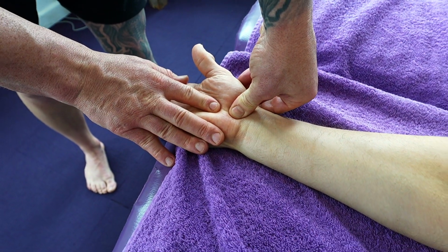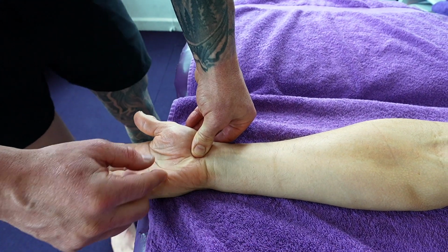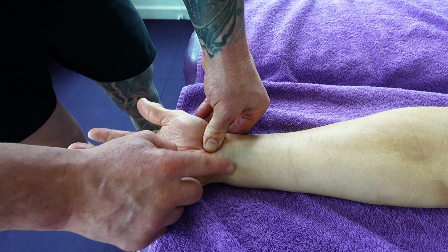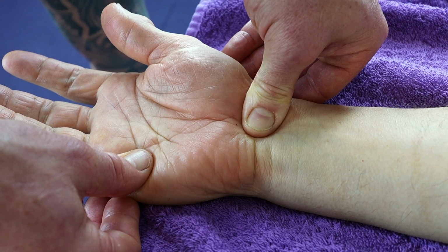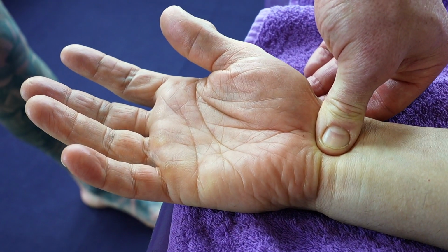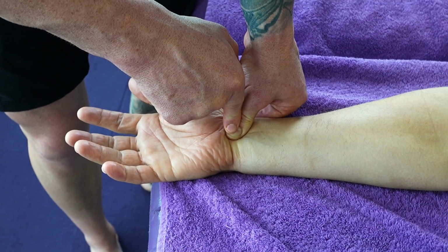So now we're going to work the actual wrist. That space in between, the wrinkles will guide you where to go. You don't want to go super deep, because you can actually see those veins and things. They are quite superficial in that area, so it's a delicate area. You don't want to aggravate it or hurt your mate. So just go slow into that, weight with weight, and feel